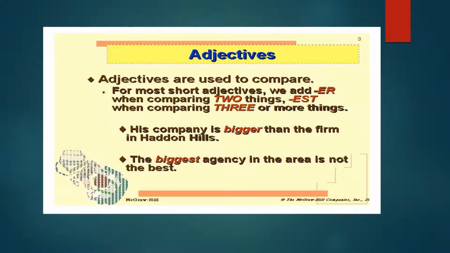Now take another example. Ravi is a tall boy. Mohan is taller than Ravi. Amit is the tallest boy of the three. So, in these sentences, the adjective tall simply indicates that Ravi is tall. We do not compare him with any other boy. This simple form of adjective is called the positive degree.